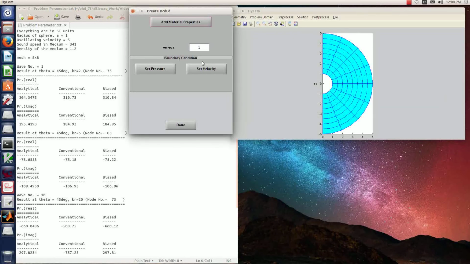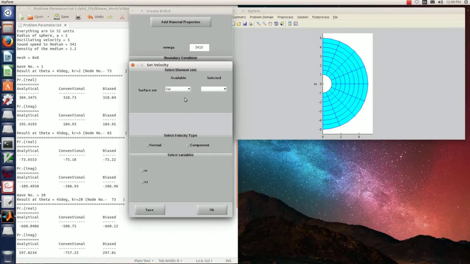Now we will solve the problem for wave number 10. For that, omega is 3410, so that k equal to omega by c is 10.